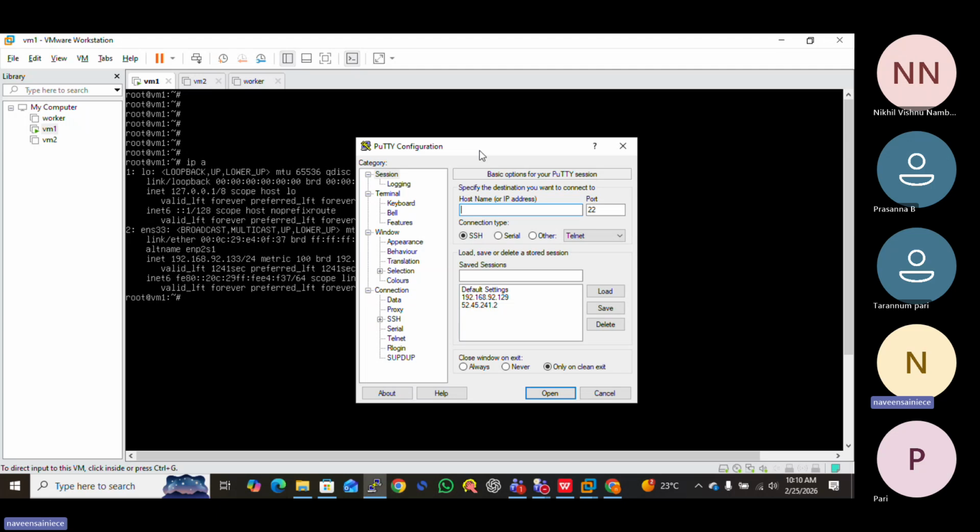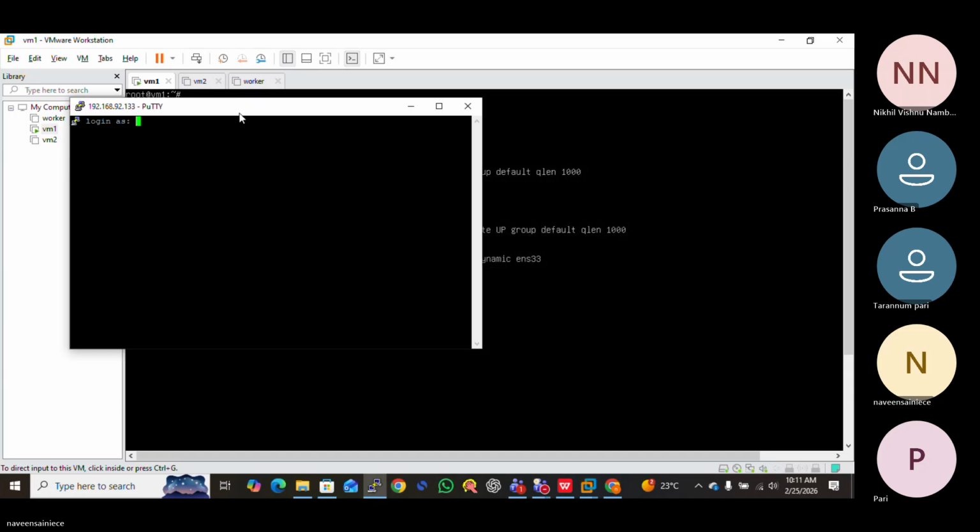But how will you access it? By network IP address. We have the IP address of the virtual machine, so I will type here 192.168.92.133. The port number is 22, because we are accessing the VM with an SSH connection. And we will connect.